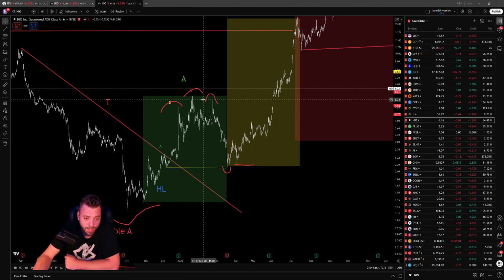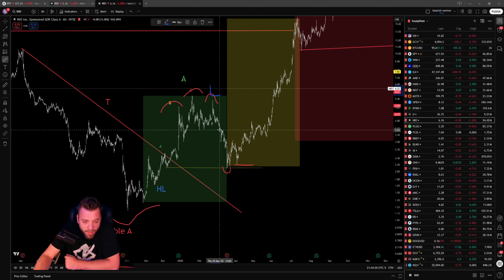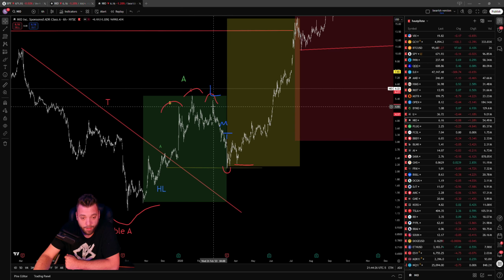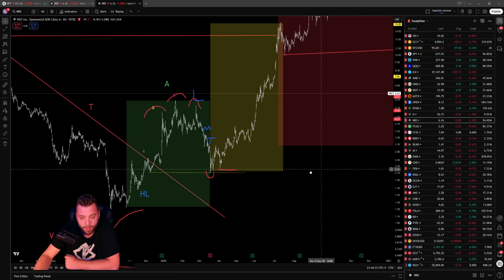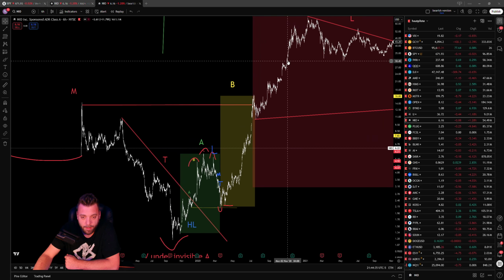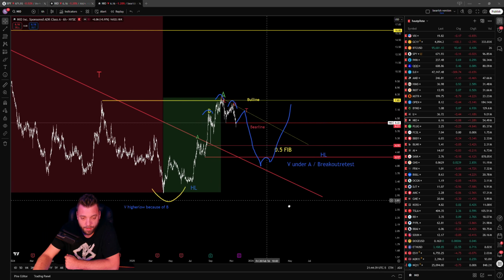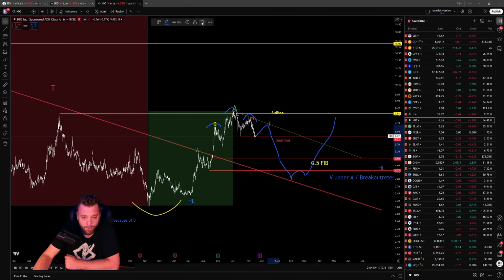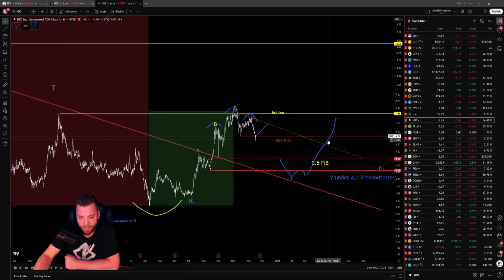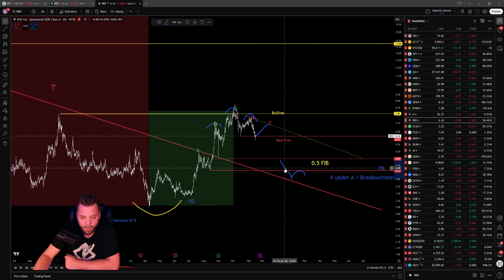I mean, you see that this here is your lower high. This here would be your M, and this here would be your T. So this was quick. But you still did a V&A here. Breakout retest, and then you run. So for this case right now, it's really even possible. I mean, we are a little bit slower, but it's possible